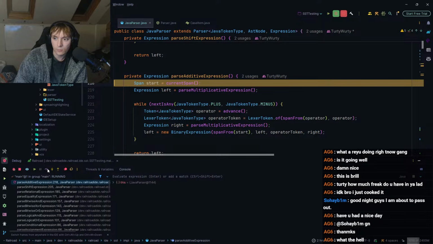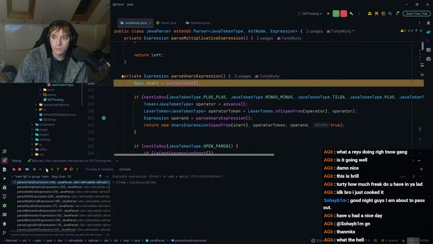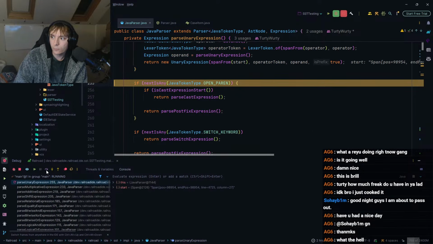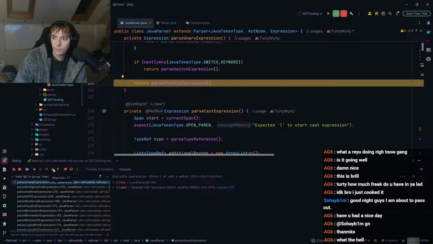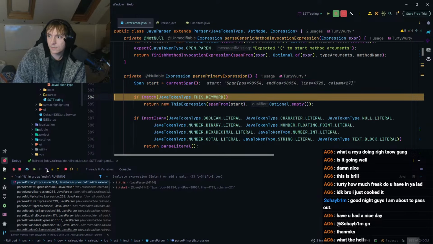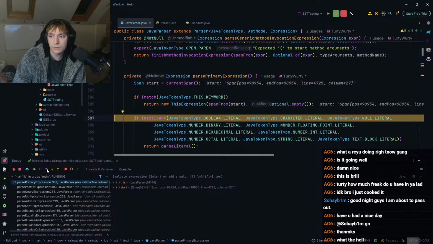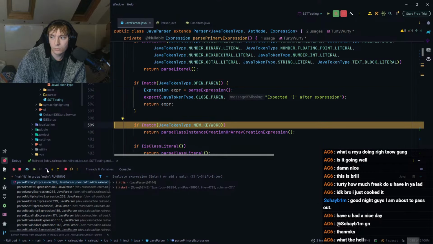Okay, I'm not going to keep saying boom. Let's try and find the little bugger. So we're looking for new, and we're going to try very hard not to skip over it this time. We want to go into this. So this, no. Literals, no. Open parenthesis, no. New, yes.